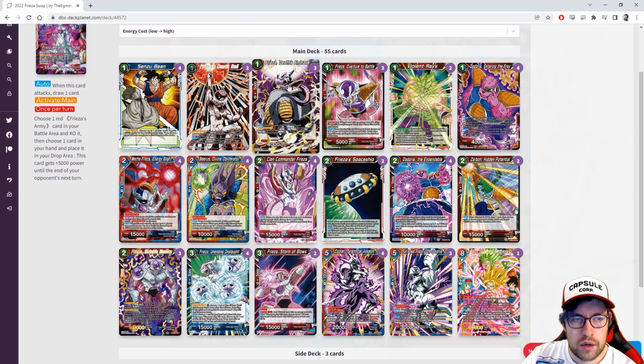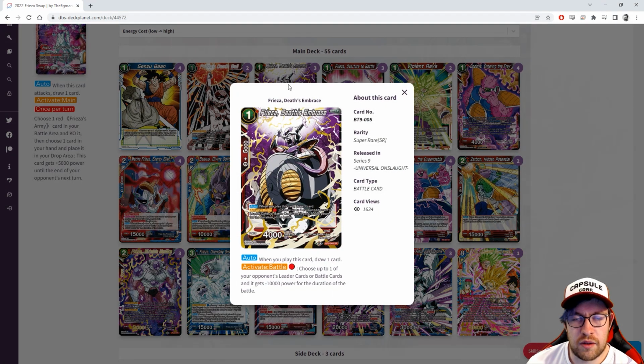Some other cards we're talking about. So this 1-drop Frieza, Death's Embrace, my goodness. When you play this card, you get to draw 1, and then active battle for 1 red. Choose up to one of your opponent's leader cards or battle cards. It gets minus 10k power for the duration of the battle. This is not once per turn. This is a crazy good